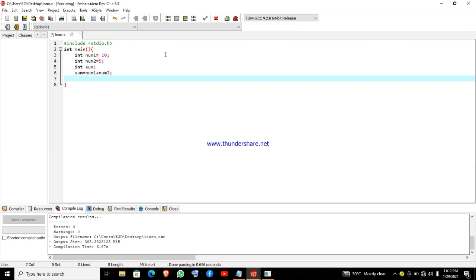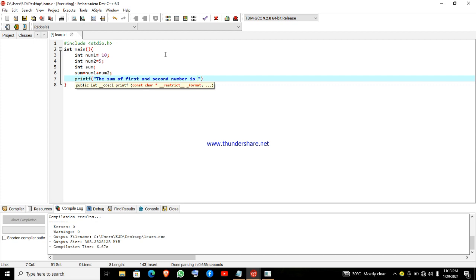Now you can say print in order to display the sum of the first number and the second number